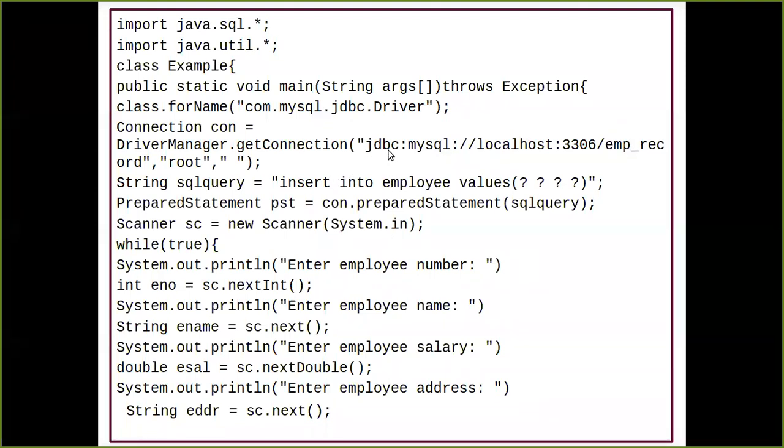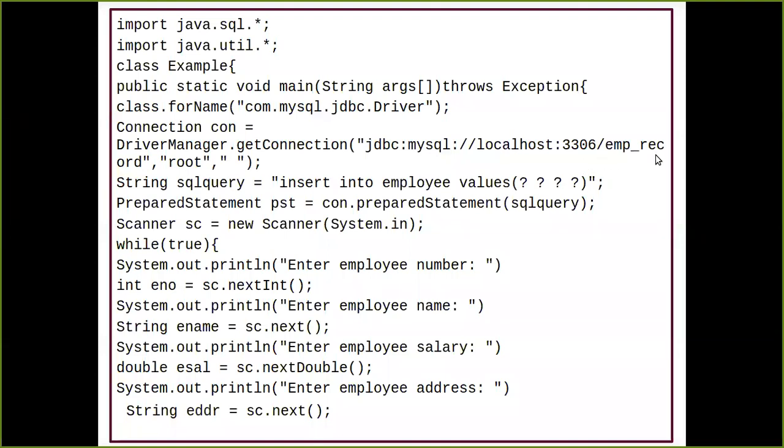Okay, what are the parameters? That is jdbc:mysql. This is going to be the same every time you have a database connectivity, and you are passing the URL format. Even the localhost is going to be the same, because if you don't have any other host name, you can simply write localhost. And whichever port number you are using, you have to mention it. Fine. After that, what is the important part? You are going to write the database name.